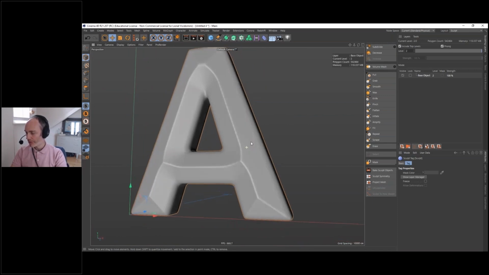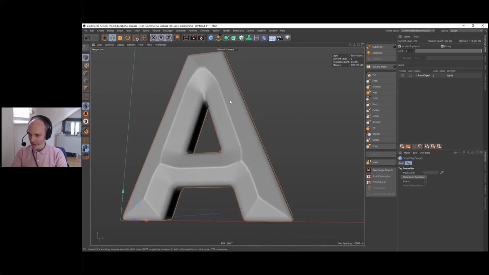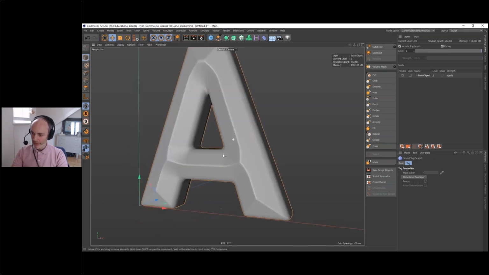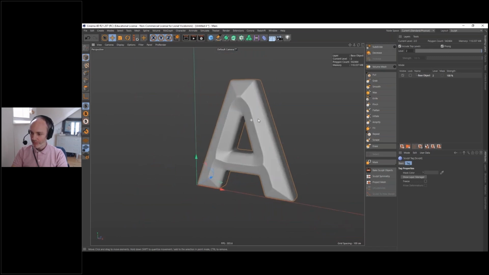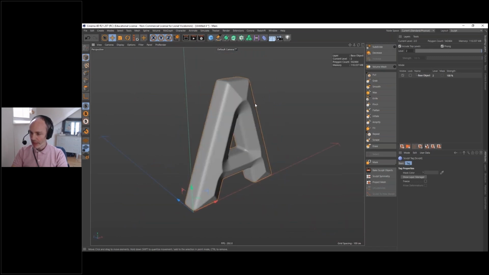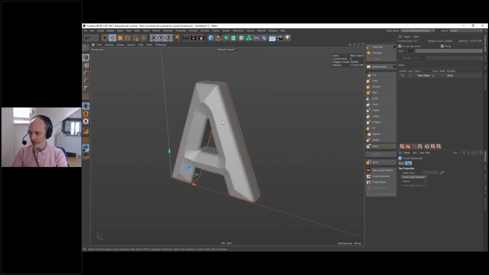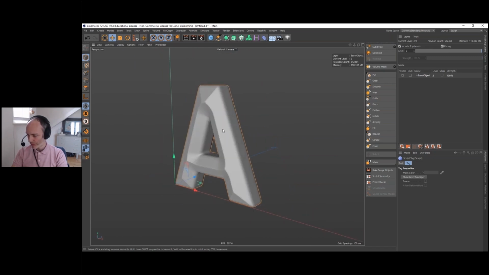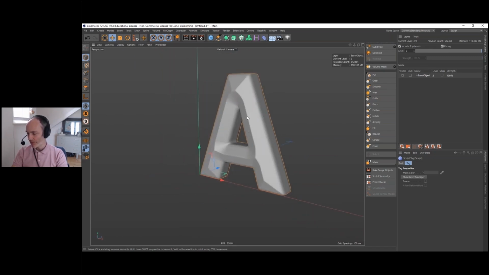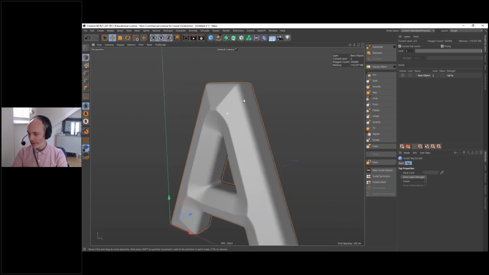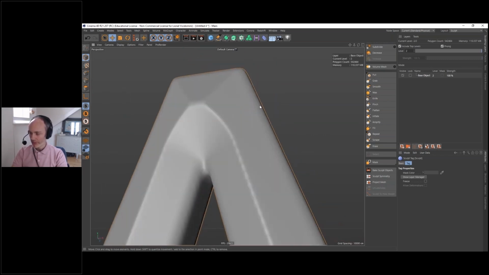Okay, so I'm not going to create the wording just yet because I want to make the font look like something handcrafted, something that has been forged actually. So in 3D, very often the object you have is too bland, too linear, too smooth, because it's 3D, it's too perfect. So we're going to alter the look of that.